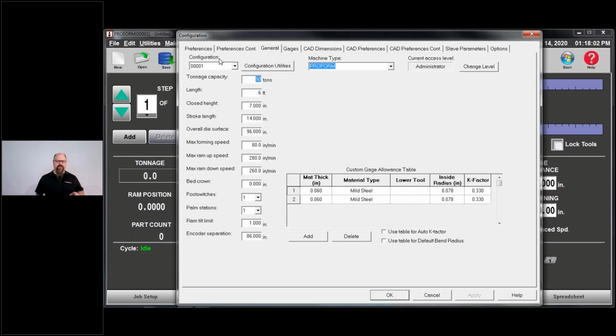In general, I will point out here, we have a configuration utility that you can actually bring your machine configuration in. If you go out to your machine, open up Windows Explorer, again, some of your machines will vary. The older the machine, the more likely this is going to be in a different location. But if you go out to one of our newer machines, you go to the D drive, press break folder, and that's just literally My Computer, D, press break. And then in the search bar, you're just going to type in CFG, and it'll find all of your configuration